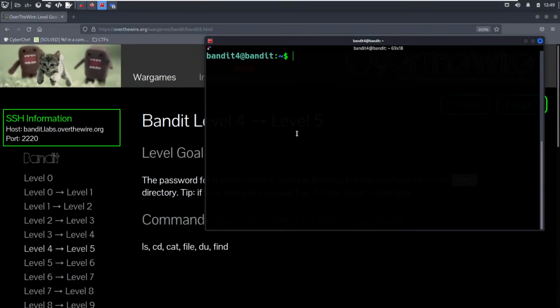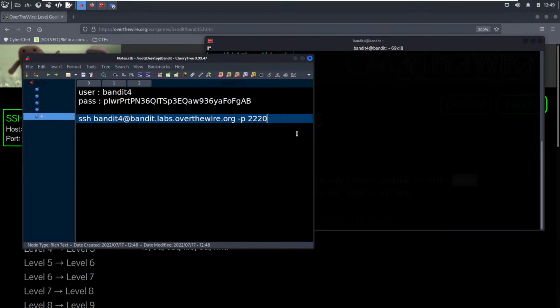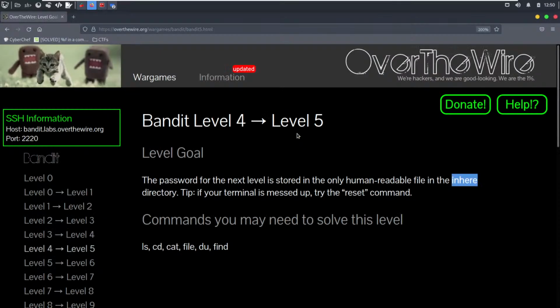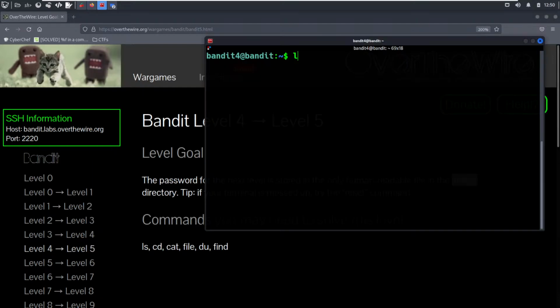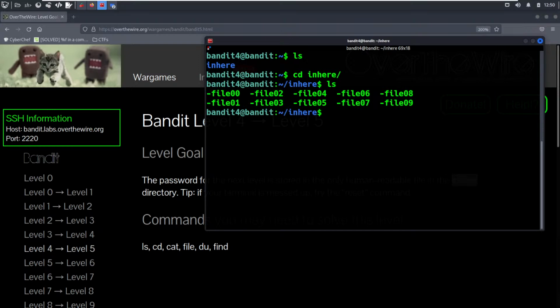So it is saying there is a file, it is in the inhere directory, and it is the only human-readable one. All right, so ls, there is an inhere directory, so cd inhere, so we are here, and there are a bunch of files here,